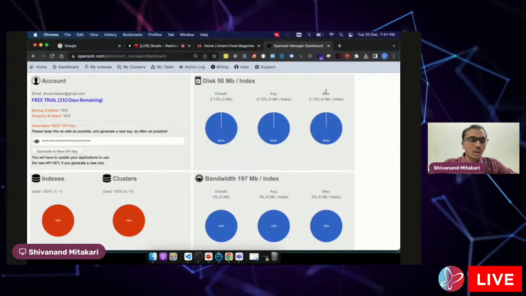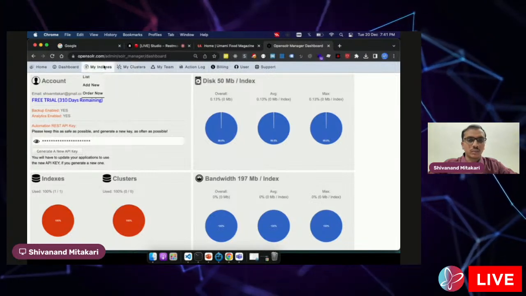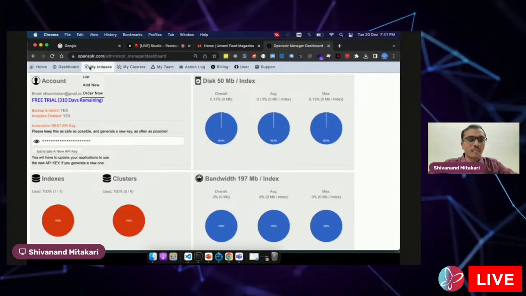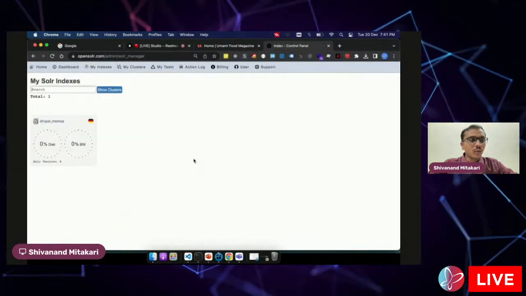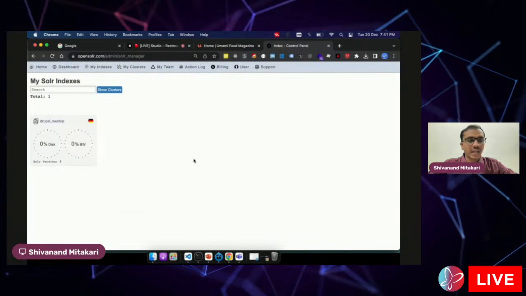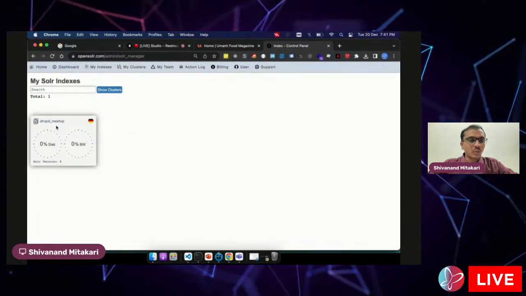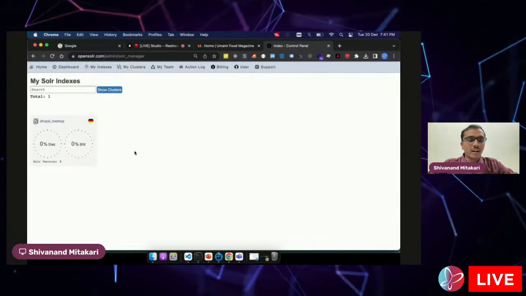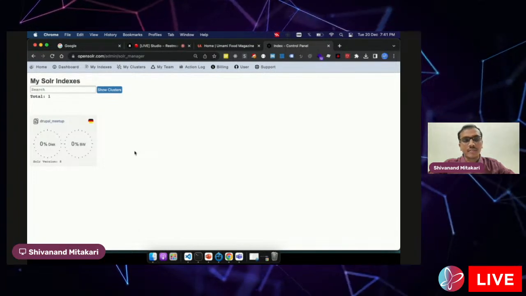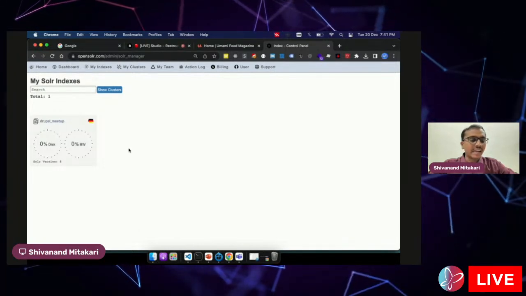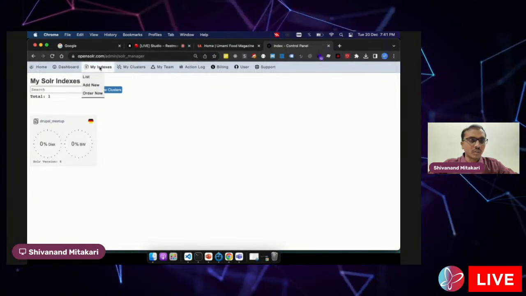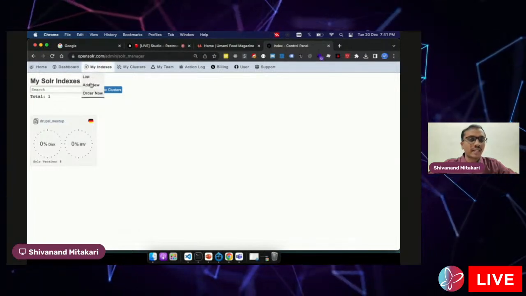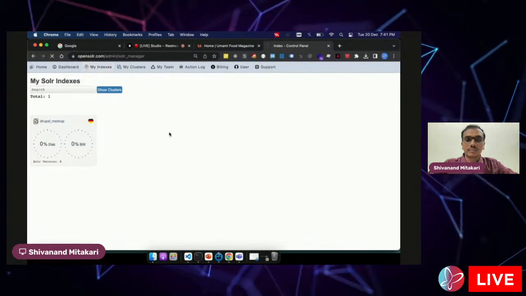So let's go deep into index. Here, if I mouse over My Index and click on List, it will give me the list of indexes which I have. Right now there is only one index which I have created, but when you come for the first time, you will not see any index here, so you need to add one. If you mouse over My Index and click on Add New Index,